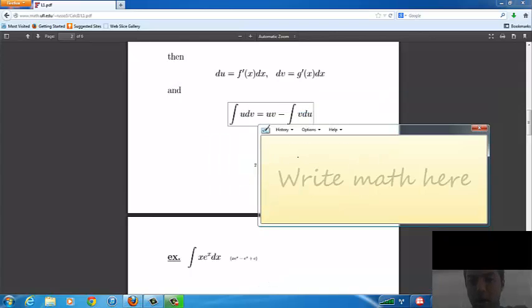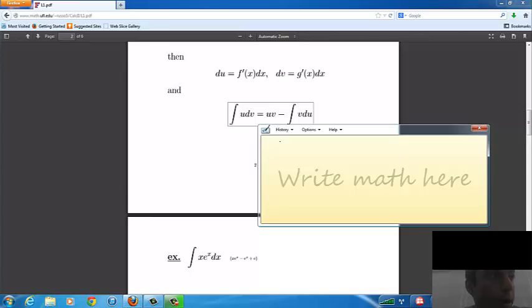Okay, so the tabulating method is the same concept of the u and the v. And before I begin, let's see how you choose your u and your v. Your u is always your primary and your v is always your secondary. So how do you choose your u and how do you choose your v? Well, this is based off of one simple